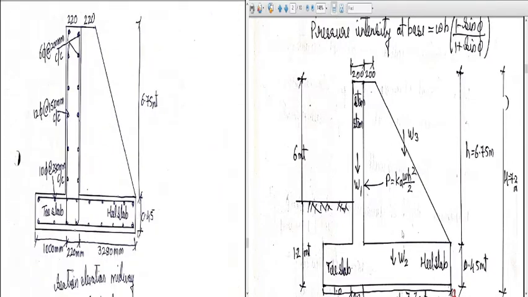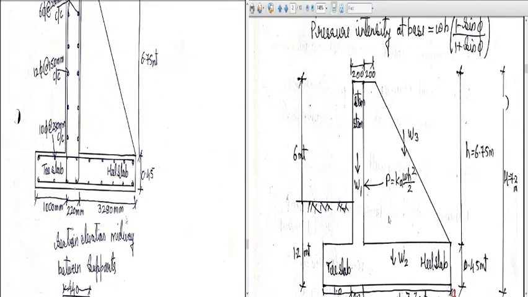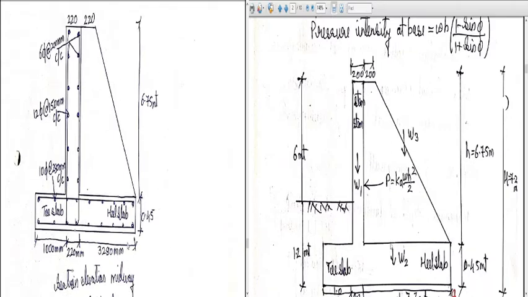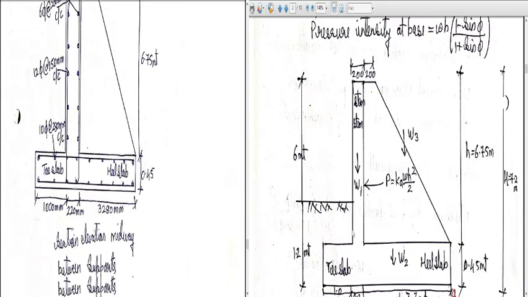So this is the sectional elevation midway between the supports. That means the counterfort won't be there here, but here the projection will look. So this is how the reinforcement is. In the stem, you can see the bars are 6 mm diameter at 200 mm center to center, and the straight ones going are 12 mm diameter bars at 150 mm center to center. In the toe and heel slab, 10 mm diameter bars at 200 mm center to center. This is the dimension. This is how the reinforcement is provided.